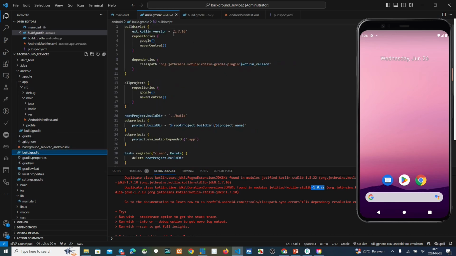This is 1.7.10, we must change to 1.8.22. Okay, we change this to 1.8.22. Okay, save this.